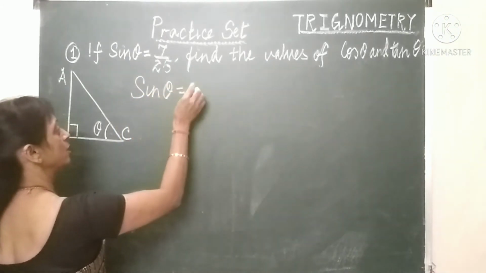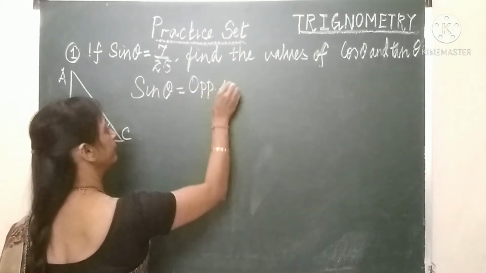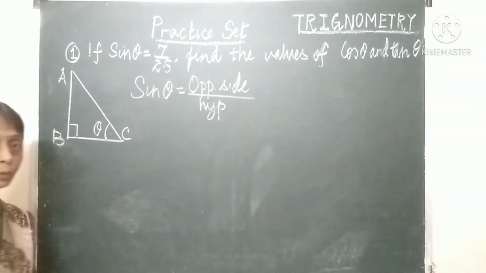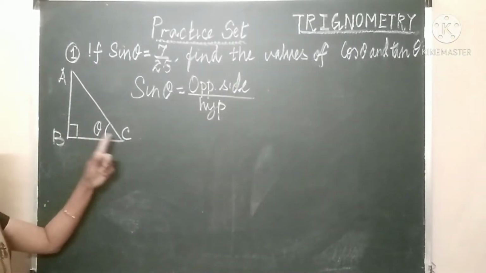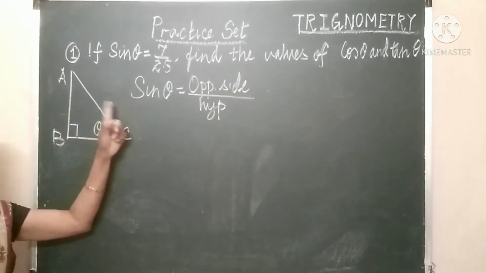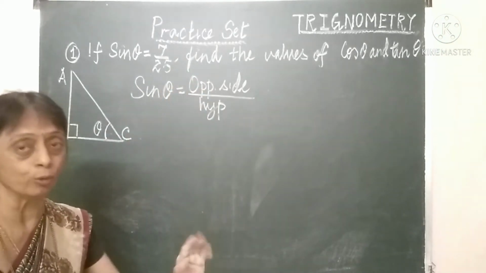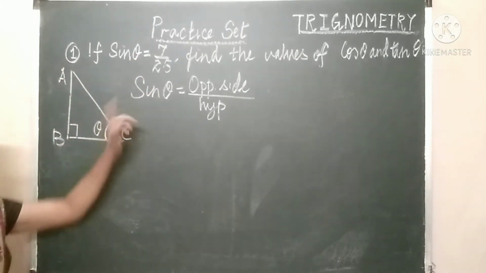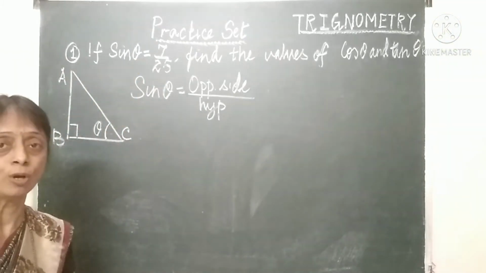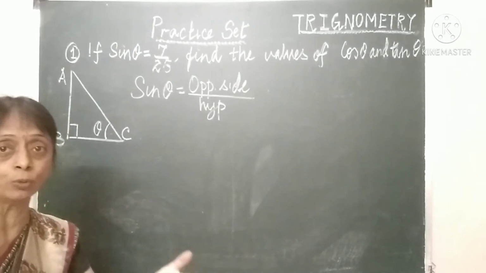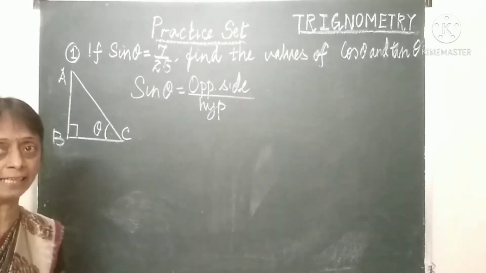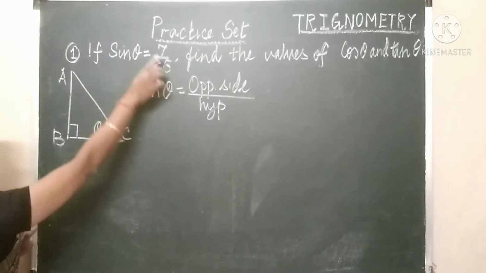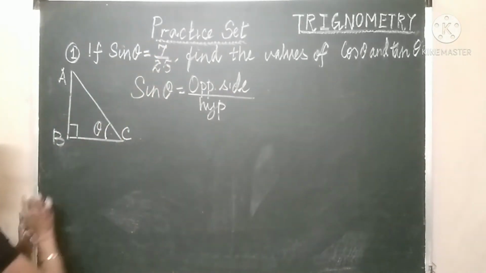Sin theta is opposite side upon hypotenuse. It's a ratio, children. That is opposite side upon hypotenuse. Is it the actual measurement given? No. So definitely we cannot write it as AB is equal to 7 and AC is equal to 25. It is a ratio. How do we change a ratio into a value, into a measurement or length of a side? By assigning variable. That means if the opposite side, the ratio is given upon hypotenuse as 7 upon 25,